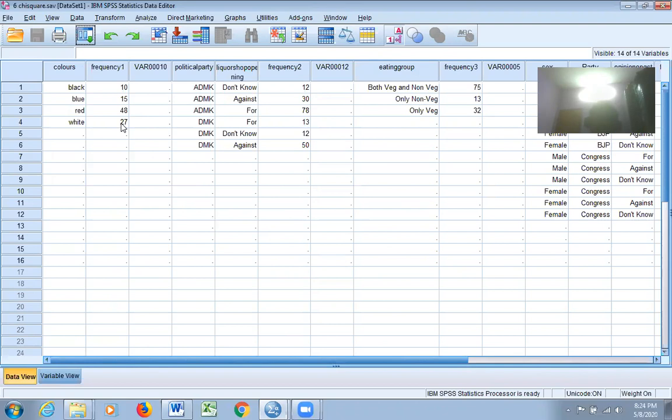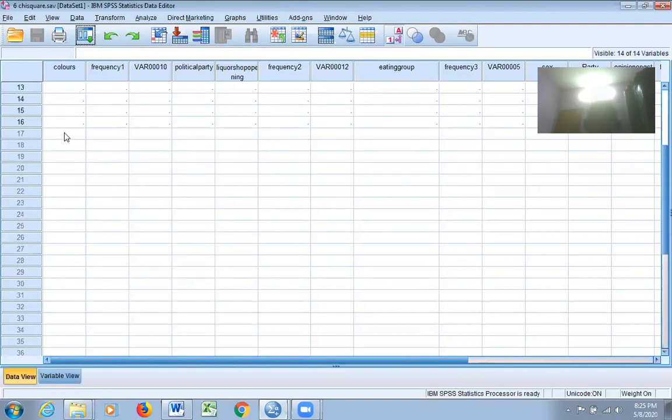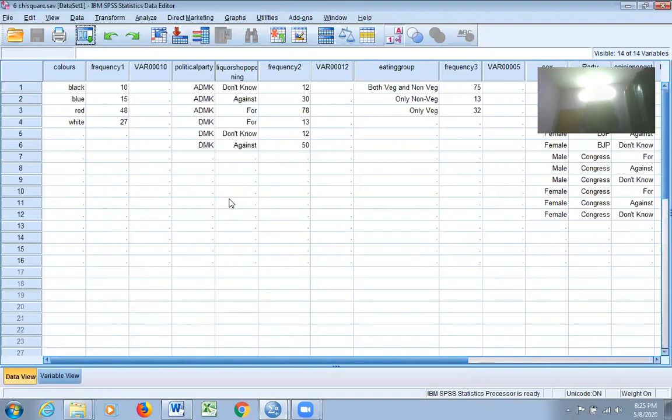Before we start, I will tell you a very important way of entering data which we have not discussed so far. What we have seen previously was that you collect data from the respondents and you start entering line by line. If there are 10 participants, first participant, second, third, up to 10. If there are 1,000 participants, you can keep on entering data for all the 1,000 participants. Fine. This is one way of entering data in SPSS.